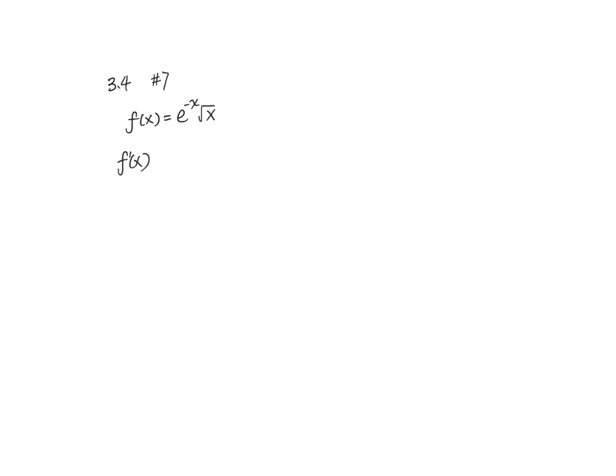So before I apply the product rule, I advise you to rewrite square root of x into a power form, so x raised to 1/2. So now you treat this as your first function, and this is your second function. When you find the derivative of f, according to the rule, it will be the derivative of the first function